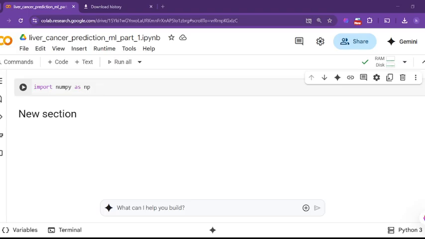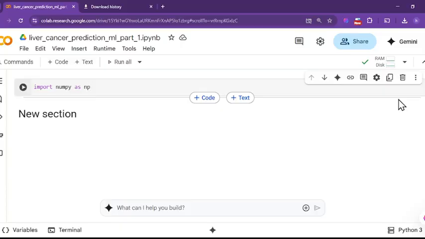Basically, this project has been divided into two parts. In the first part we will analyze the data set, and in the second part we will try to use machine learning with the help of this data set. So from today onwards, we are going to first analyze the data set based on such information. So let's see. For that you have to first